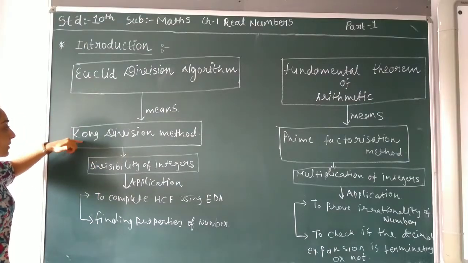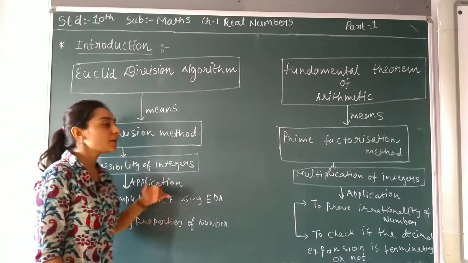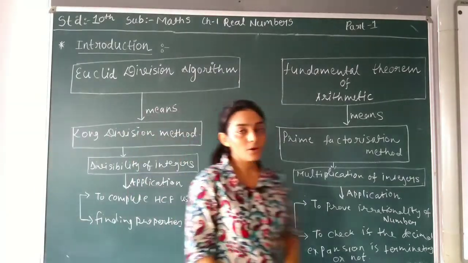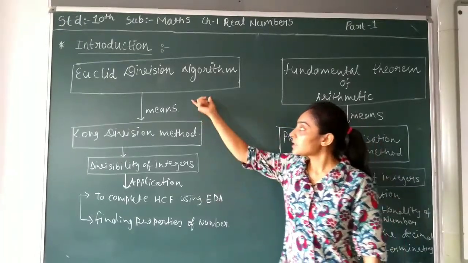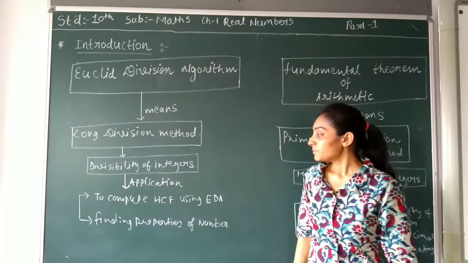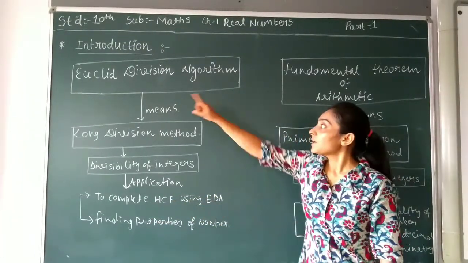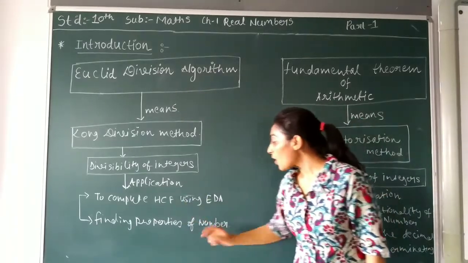In that long division method, it shows the divisibility of an integer, whether that integer is divisible or not. The application of this Euclid algorithm is to compute the HCF using the Euclid division algorithm and to find the properties